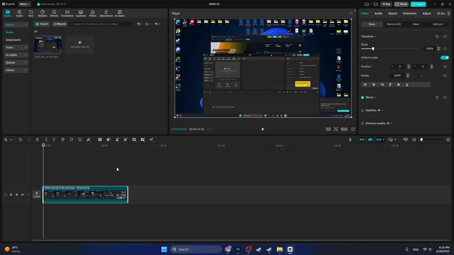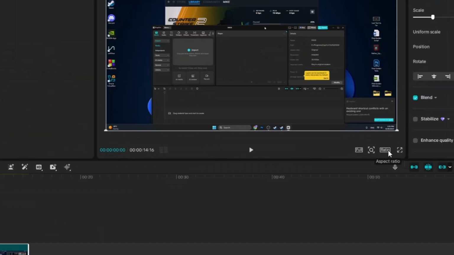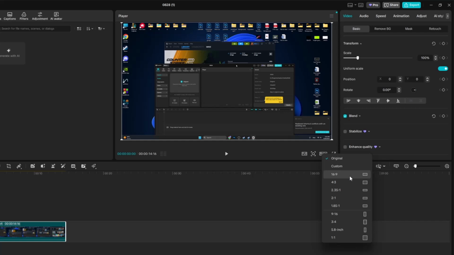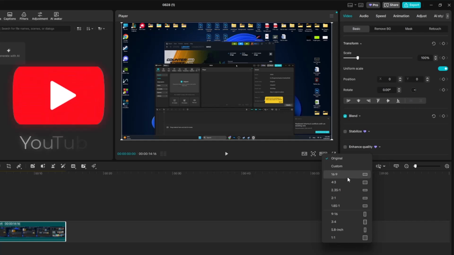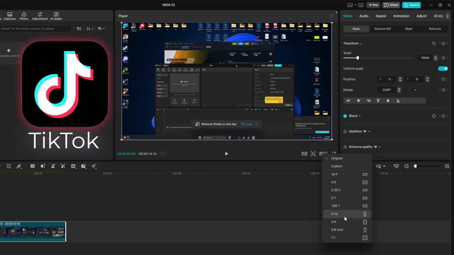And in order to change it, what you have to do is first select the video, click once on it, and now you will find here ratio, aspect ratio. Let's click on it. So as I told you, 16:9 is default. It's Full HD, long form YouTube videos. 4:3 is square, and here is 9:16, this is TikTok aspect ratio, okay,